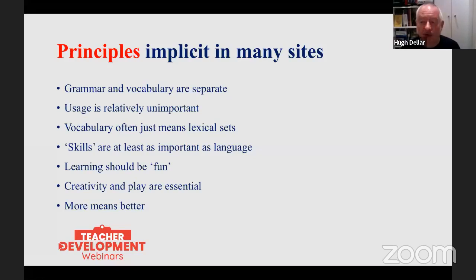Where you do get vocabulary, it's often just random lexical sets. So there are hundreds of websites where you have things like label the objects in the house, and you can do a drag and drop self-correcting exercise. So you can look at things and say, oh, sofa, oh, armchair, oh, carpet, curtains.